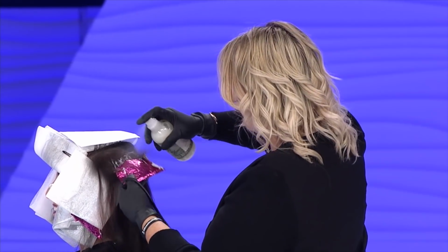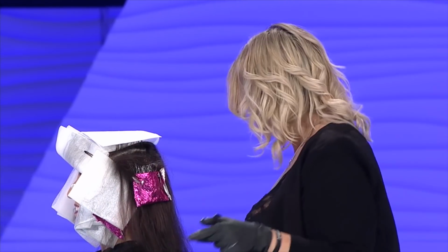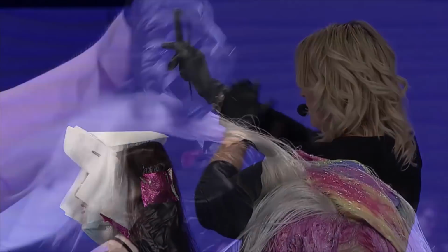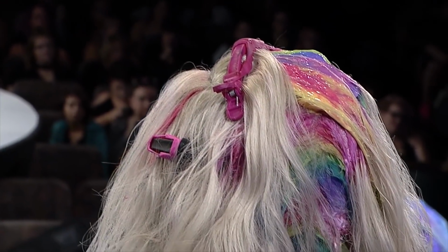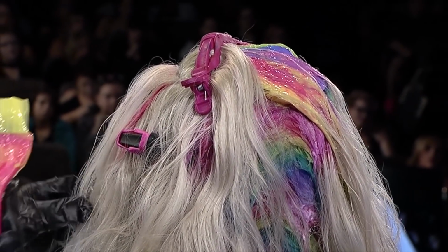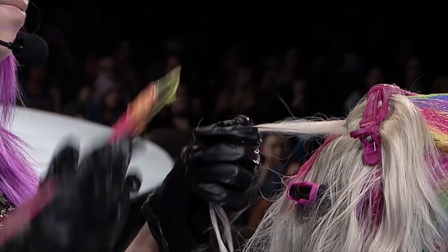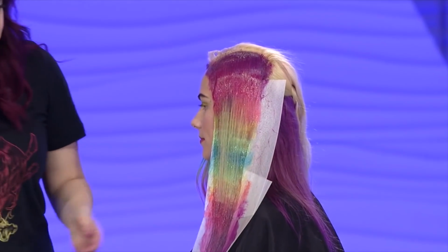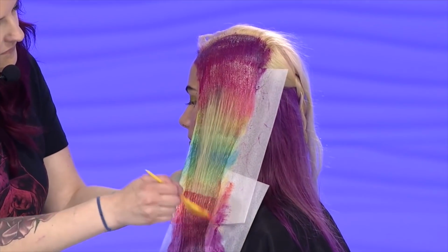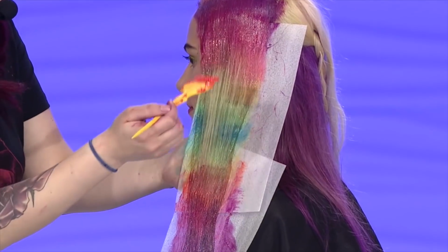Yes. Not yet. It's the question we get the most: how long does Pulp Riot last? The problem with that question is it's the wrong question. It's how long does Pulp Riot fade? These colors are made to fade. You should prepare your client for that. The difference, though, is that there's the vibrant period, it lasts longer, and then there's the fade period, and it fades more beautifully. Generally speaking, in fading periods before our color line,